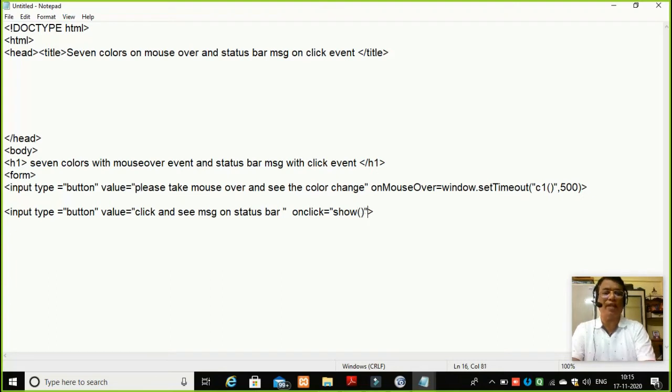Whenever you write a function call, you should always write it with open bracket, close bracket. See, the function names should always be enclosed in double quotes here. So care has to be taken, dear students. These two things when you write, it will create a form, and now I am closing my form.